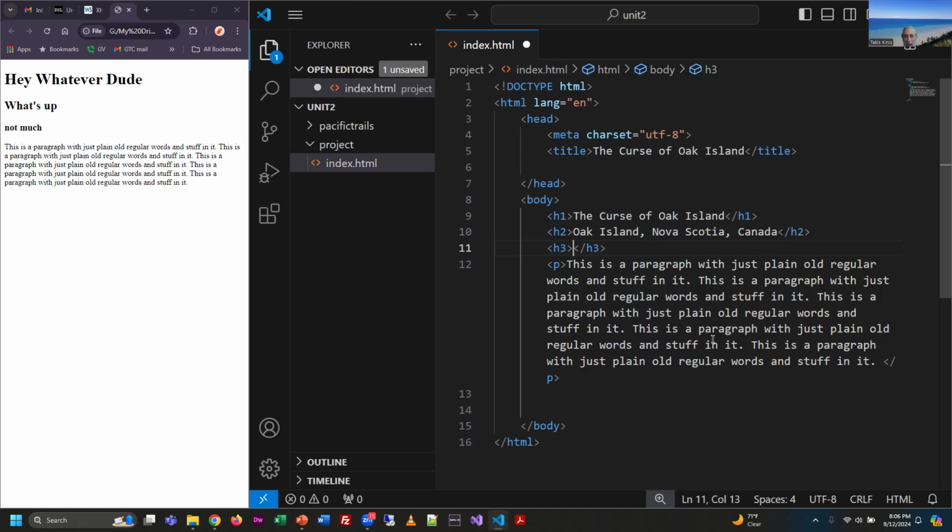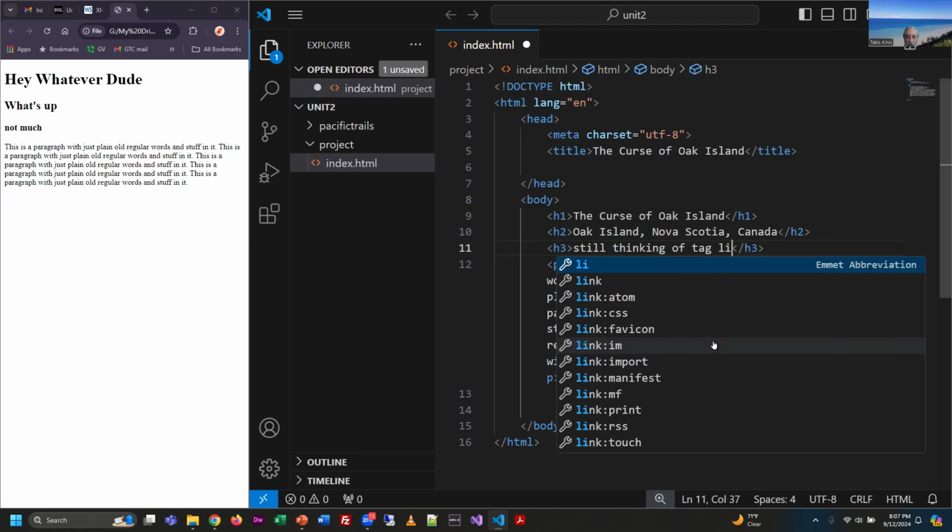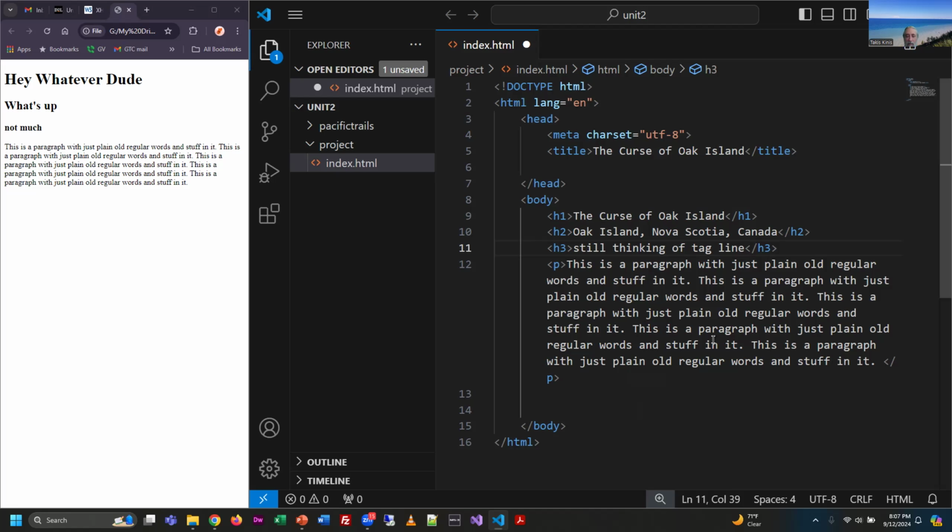And I'm not sure what to put as a tagline here. Maybe something goofy. You know what? I'm going to say still thinking of a tagline. I'll come up with something and I'll put it in there. I'll find like a quote from the show or something. Right. And then instead of having like this nonsense paragraph,